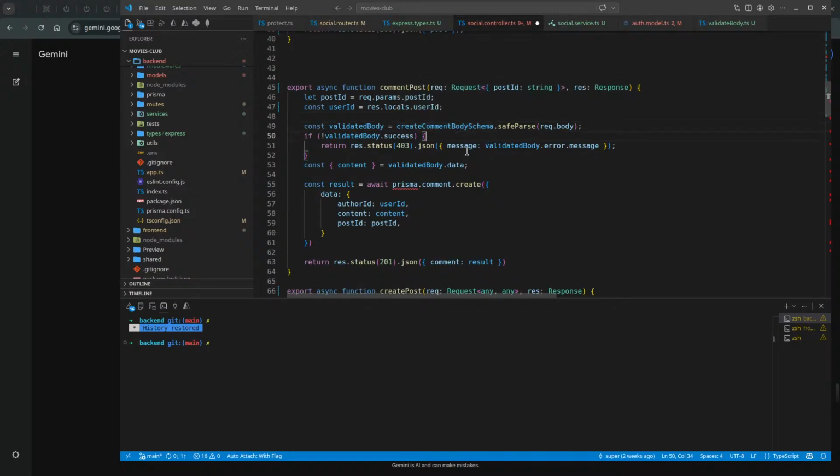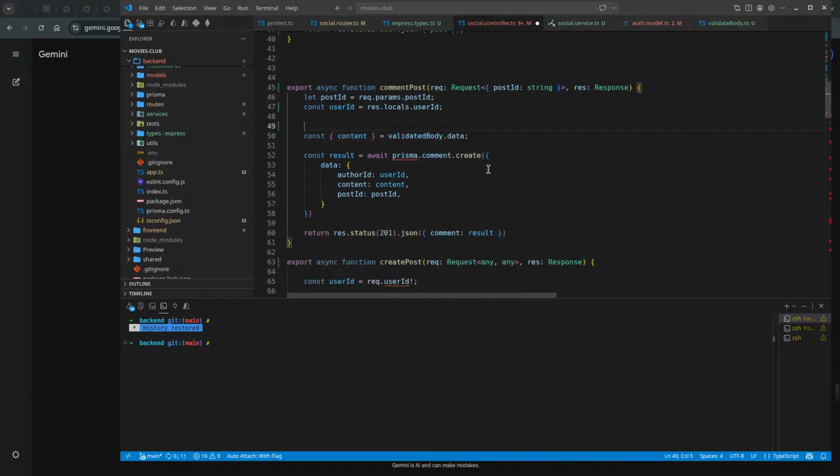We create the comment body schema. Oh, we don't need this. Yeah, I see the problem. Okay, I will remove this.